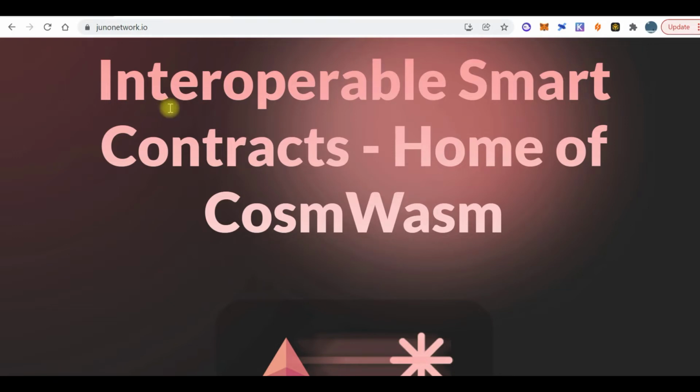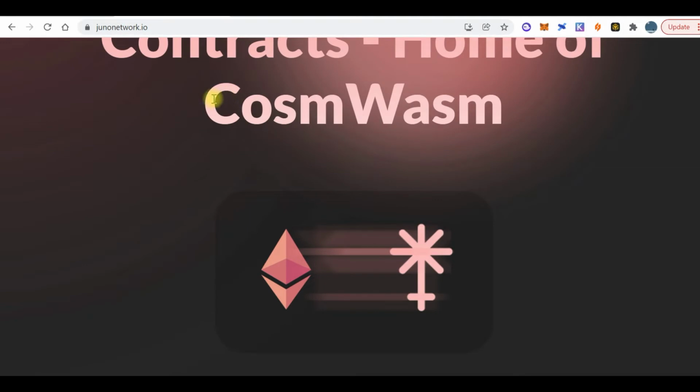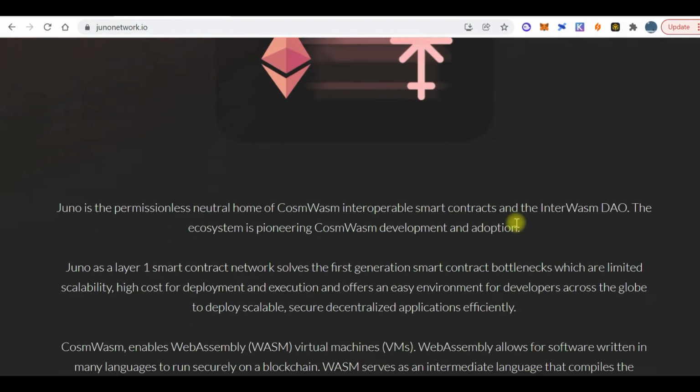All right, so it says interoperable smart contracts, home of CosmWasm. I find it difficult to pronounce these words. So now it goes on to explain what CosmWasm is all about.